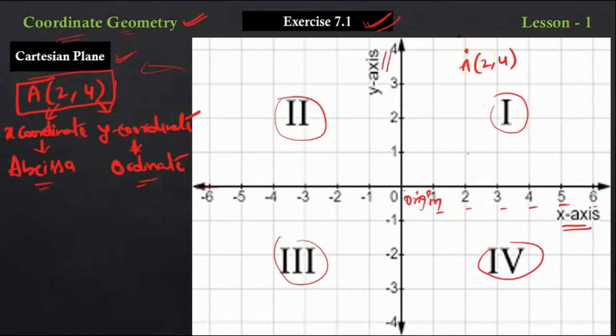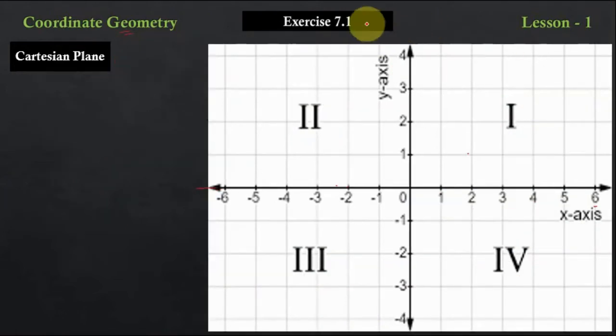This is the point. Similarly, if they gave one more point minus 2 comma minus 3, so how do you locate this point on this Cartesian plane? See here, same thing. Now my x coordinate is minus 2, means I should move towards the left side. Negative 2 is there. So 2 units means first it will move till here. Then afterwards negative 3 will be towards downside. So now I should move till here. 3 minus 3 point. So this is my B point, which is minus 2 comma minus 3. Okay. We locate the points on the Cartesian plane. Right.